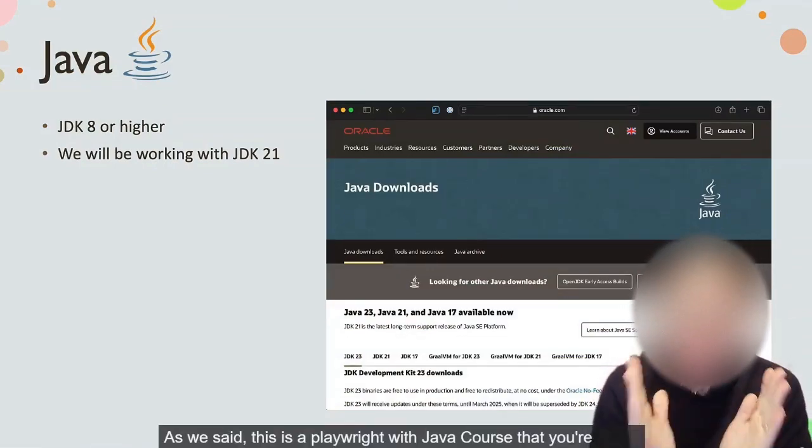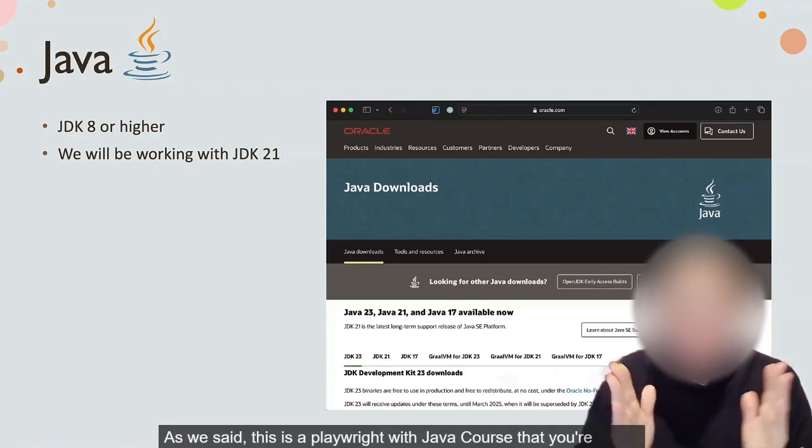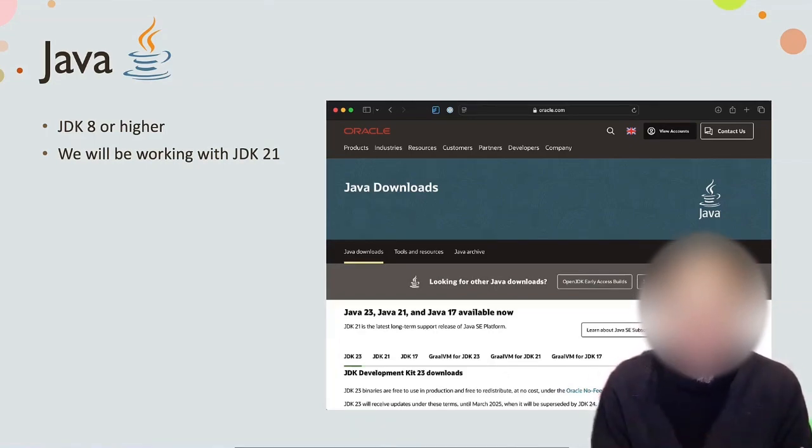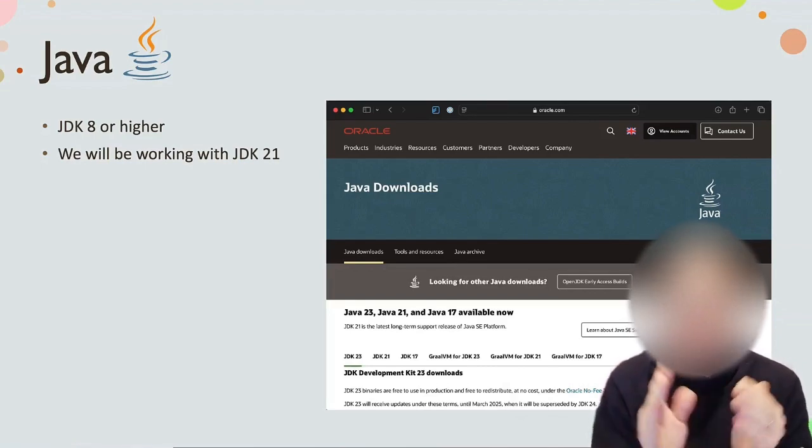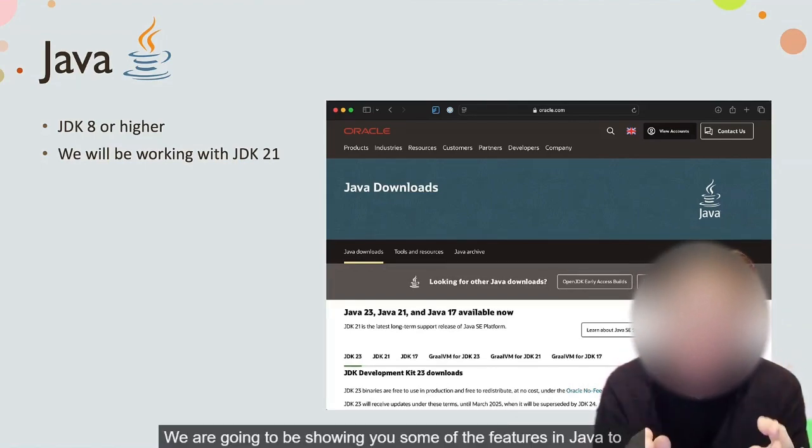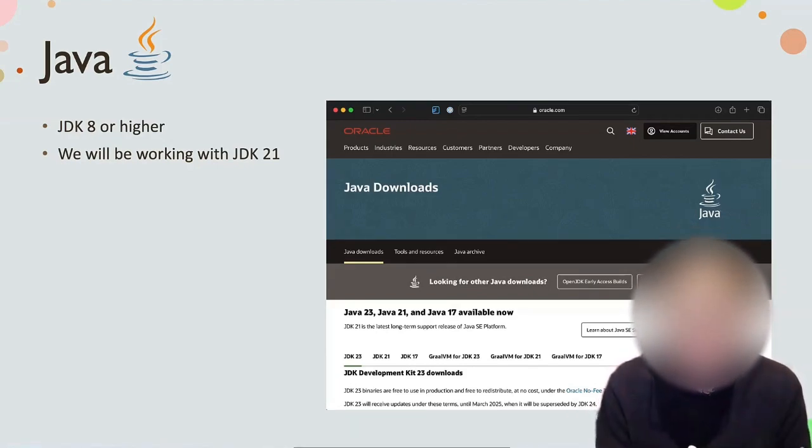As we said, this is a Playwright with Java course, so you're obviously going to need Java. Now, Playwright requires Java 8 or higher. We are going to be using a much more recent version of Java. We are going to be showing you some of the features in Java to make your test automation a little bit smoother and more efficient. So you'll need at least Java 17, and I'll be using Java 21 or 22, something a little bit more